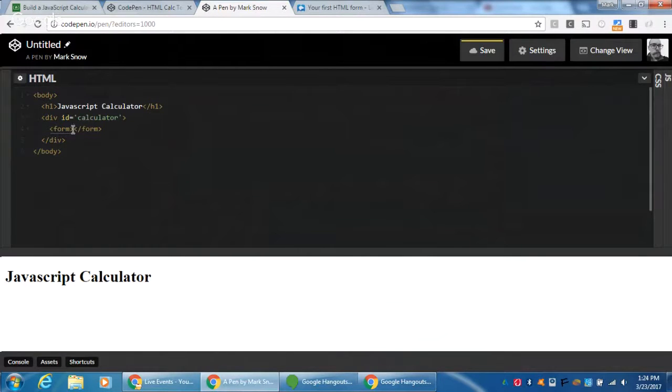Okay, so now we have a form, and we're going to put things inside of the form. I'm going to start off with the form. After the form, you're going to place an input field. An input field would be something like where you would put in some text. And how do I designate that I want to put in text? Well, I want to have a type, and the type that I'm going to be